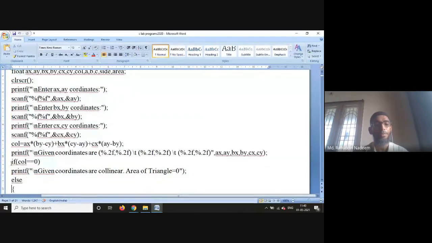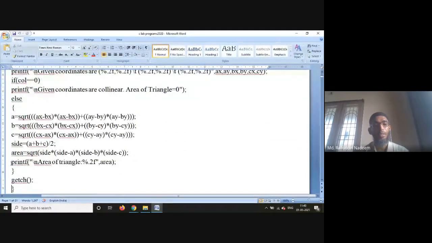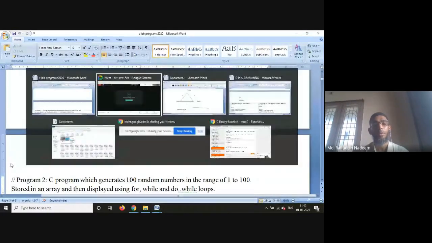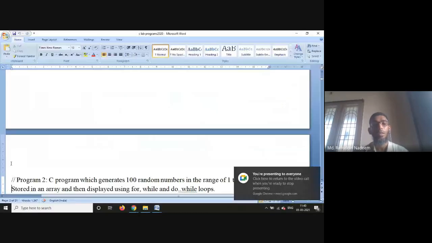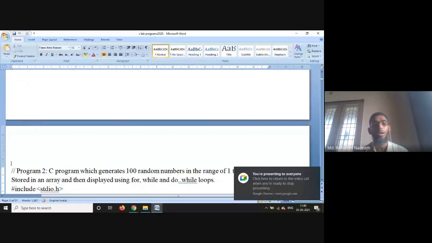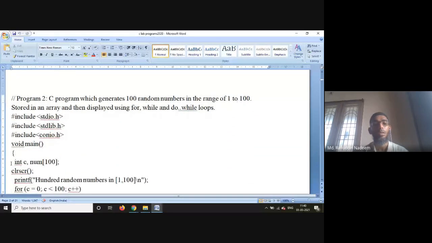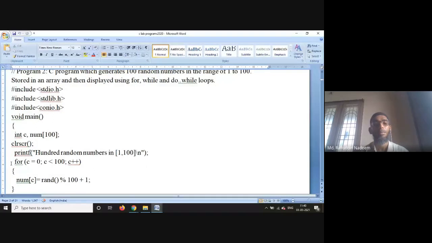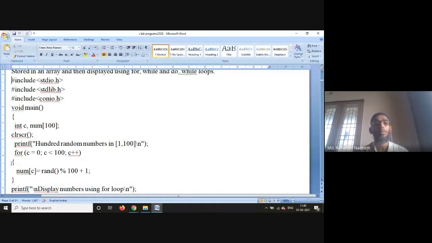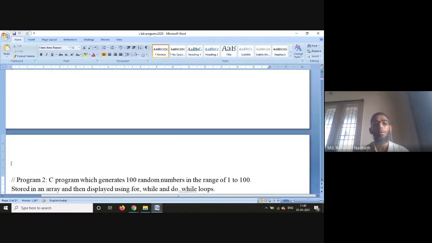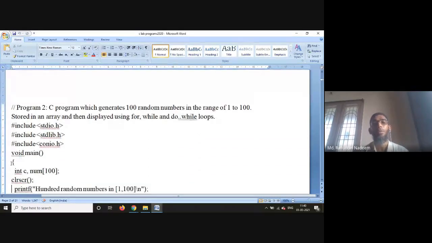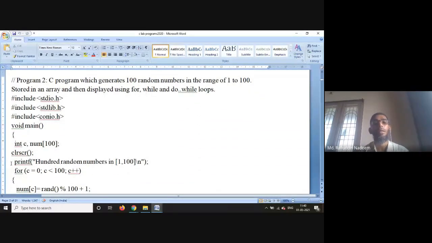Okay. So that is our first program. Next program is a C program which generates 100 random numbers in a range of 1 to 100.